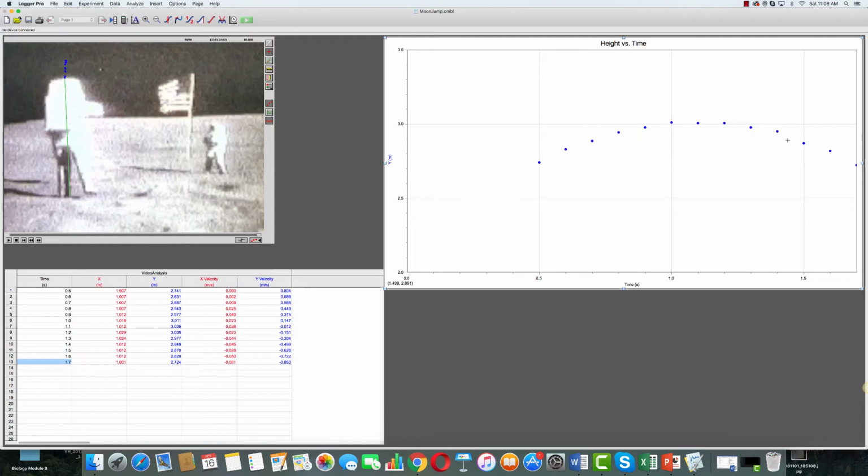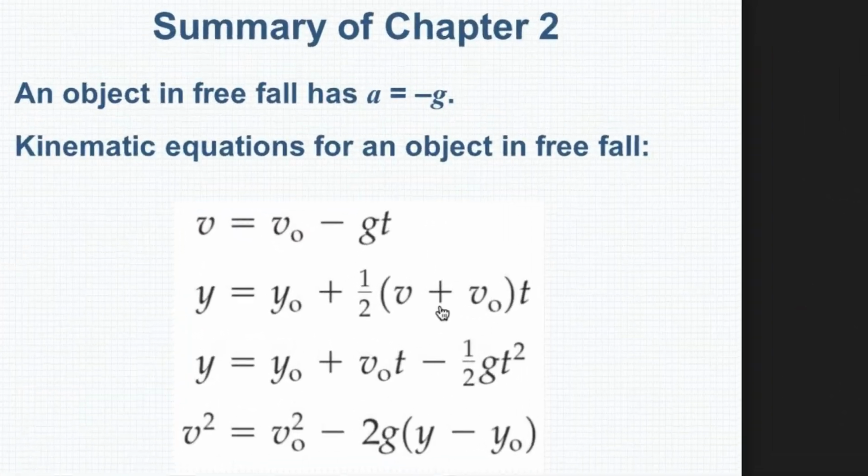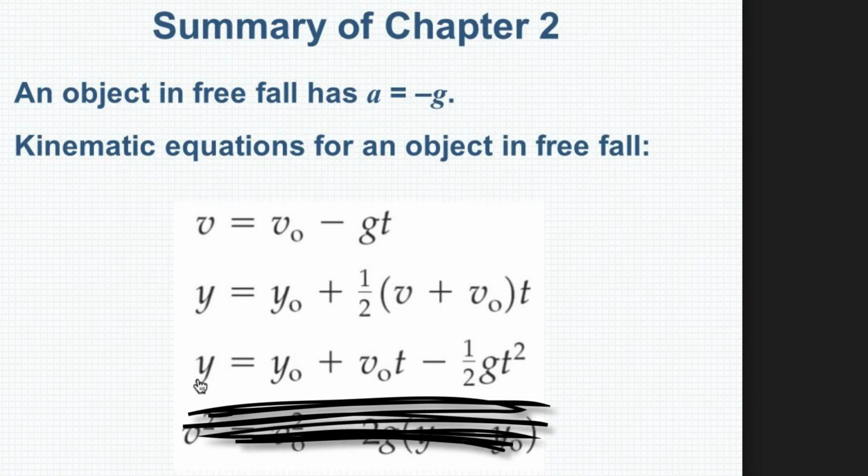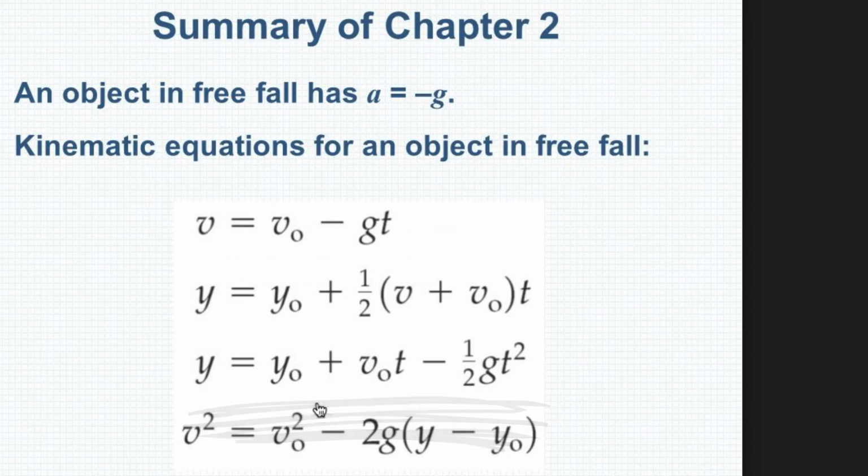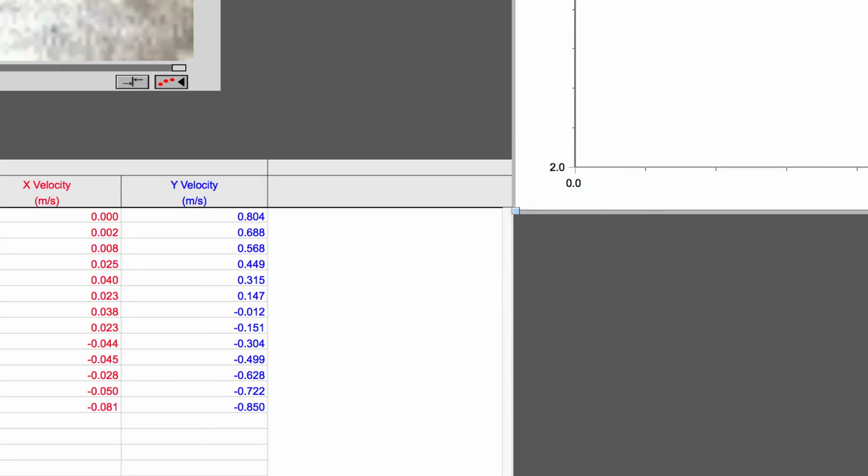So this is a quadratic function. What this is doing is tracking the position as a function of time. And the position as a function of time is given by this equation right here in kinematics. The final position is equal to the initial position plus the initial velocity times time minus 1/2 of gravity t squared. So this is our position as a function of time formula from our kinematics equations. And if I were to do a curve fit for this,